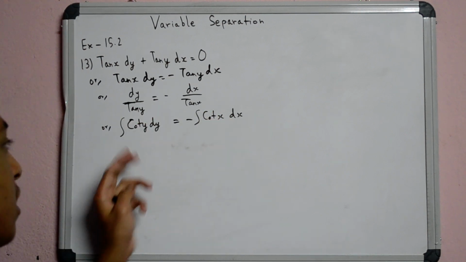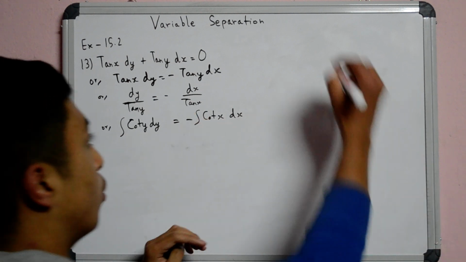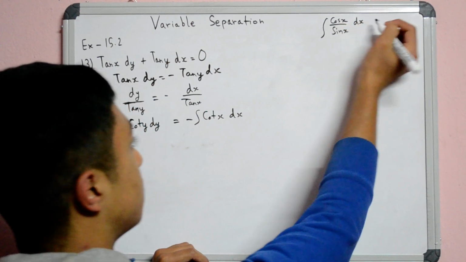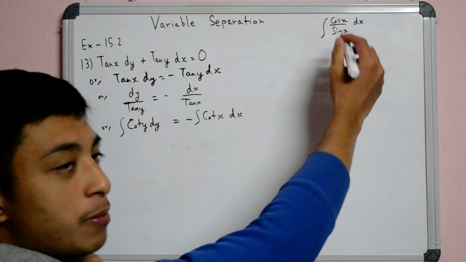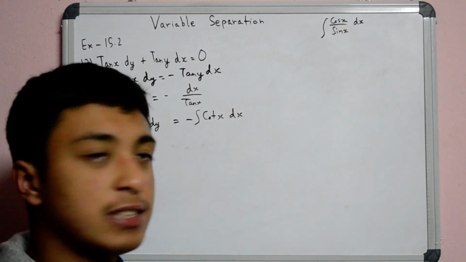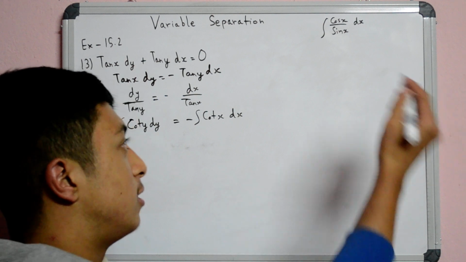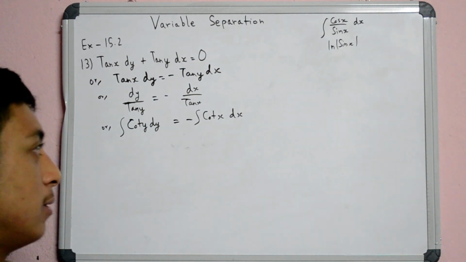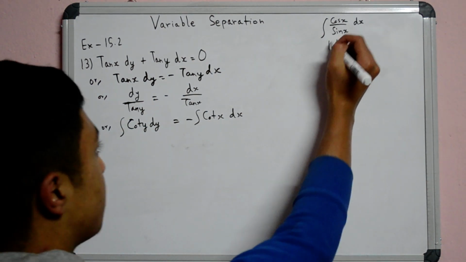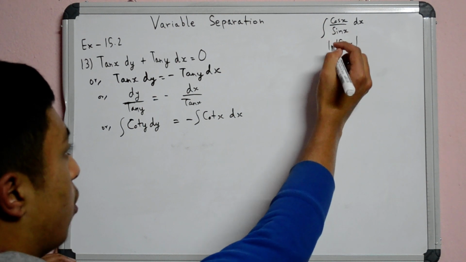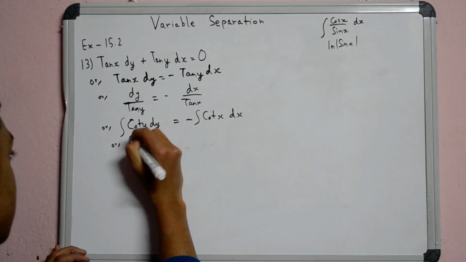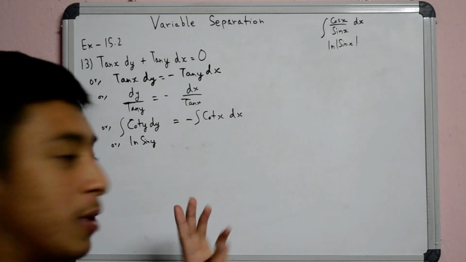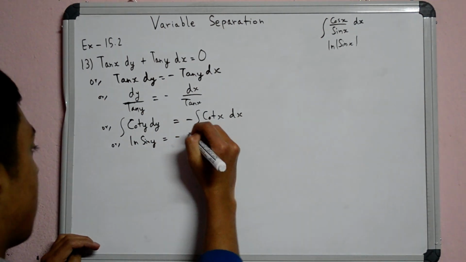Now what is the integration of cot x dx? So cot x is just cos x by sin x dx. So here let the function be sin x, and the derivative of sin x is cos x, and here simply this becomes the natural log of sin x. So that means that the integration of cot x is in fact ln sin x. So this is ln sin y, I'll not write the absolute value, the modulus, because it's not required, equals minus ln sin x